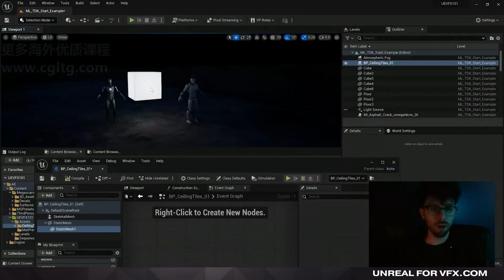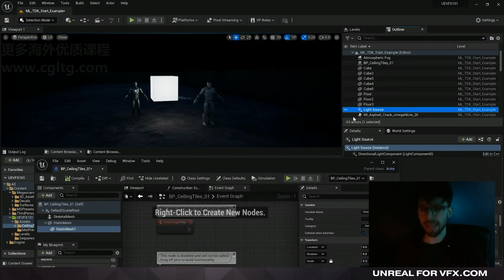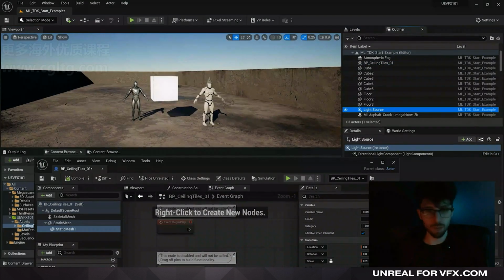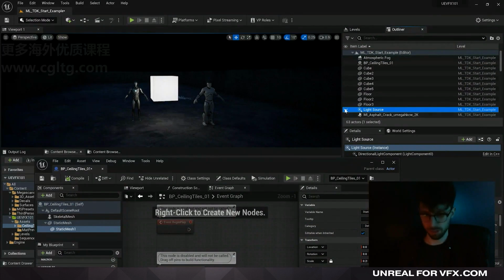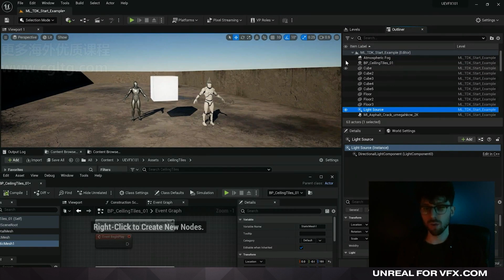So let's talk about what just happened. First things first, whenever you hit play and you play your game, anything that you hid in your viewport is going to become visible. This is just how Unreal is set up. So a really important thing to note is whatever you see here, if you're hiding this, this has no bearing on what happens when you play your game, when you simulate your game, when the game itself is playing,